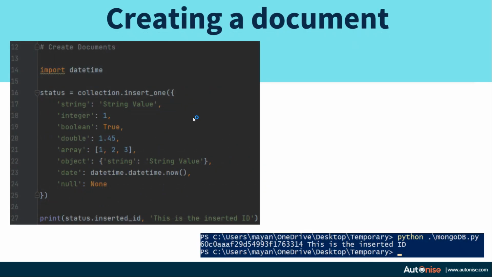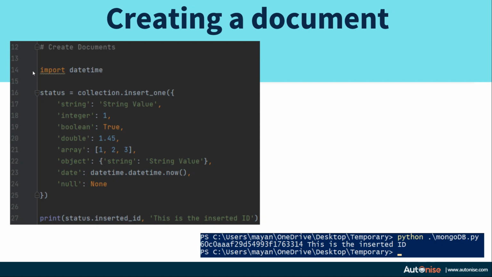So now that we have our collection, let's see how to create a document or insert a document inside our collection. There are many different data types which you can insert inside a collection, and over here I have specified all of them. Earlier we did not talk about one kind of data type, which is the null data type. So you also have a null data type which stores the value None inside MongoDB, as well as you have the same thing in JSON. So now let's see how to insert a document inside a collection.